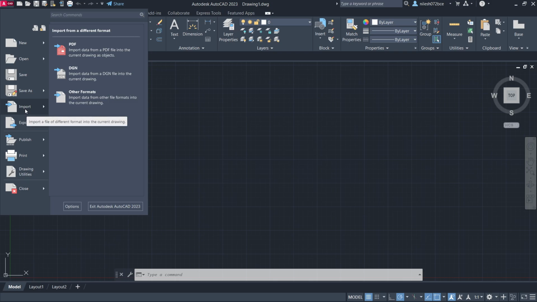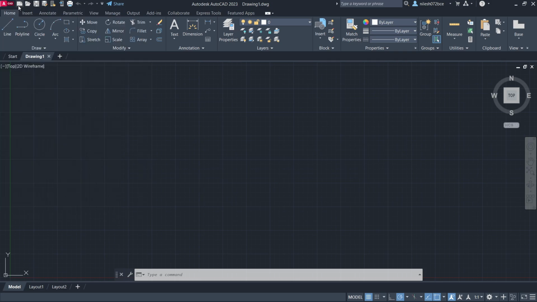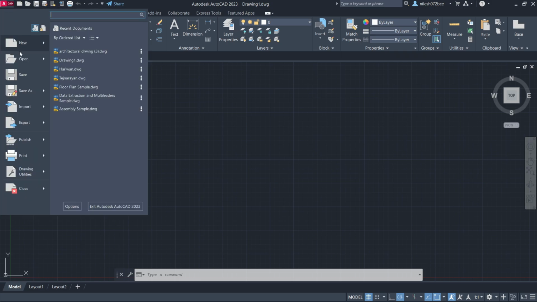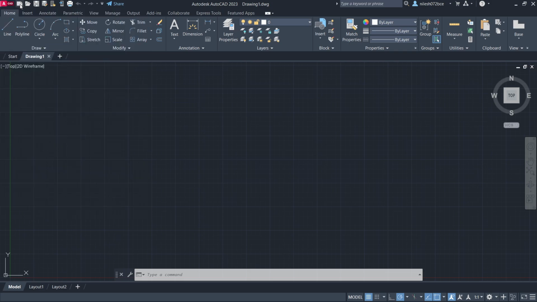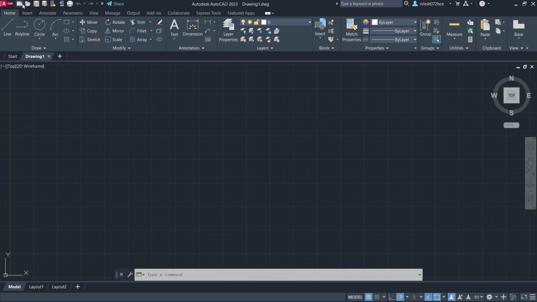And if you want to import any other files from any other location to your AutoCAD, you can use this import. And then you can export your file also from this software. And here also these are the quick access toolbars. Here the options you are seeing, these are same here also, like new, open, save, save as. Okay, so these are the same options, but these are the quick access toolbar where you can just select them and use them. And below this quick access toolbar we have the ribbon area.